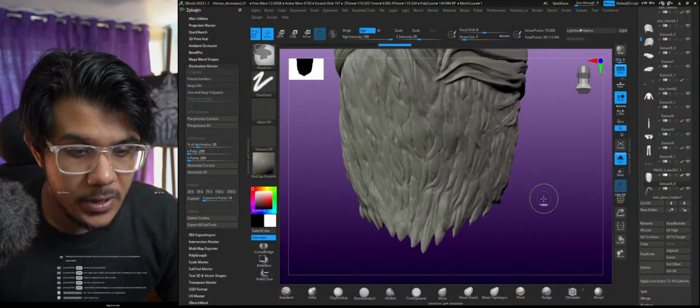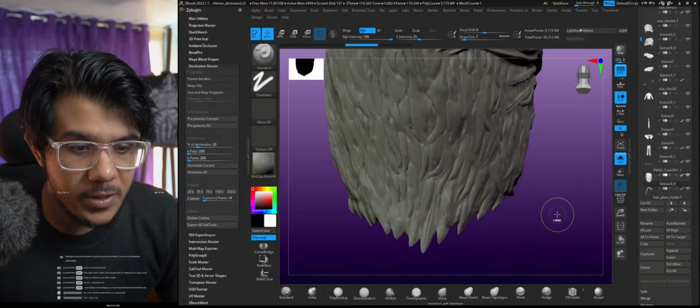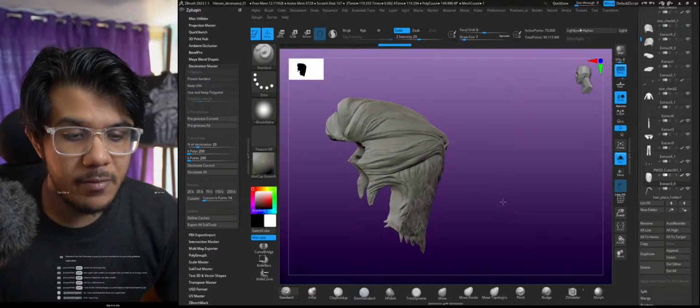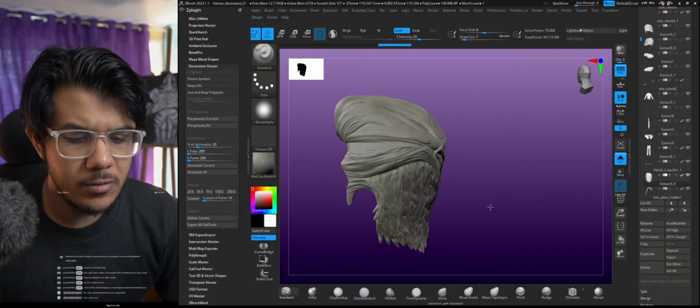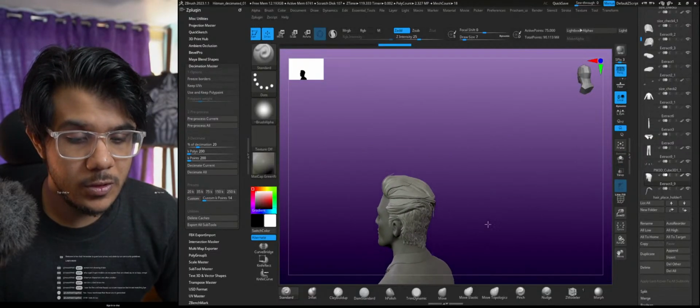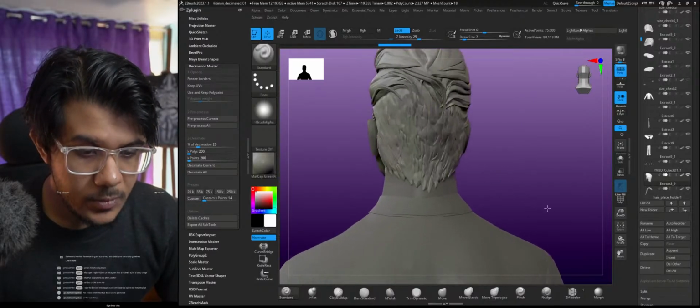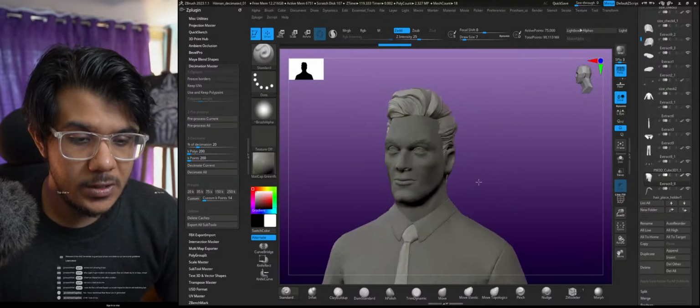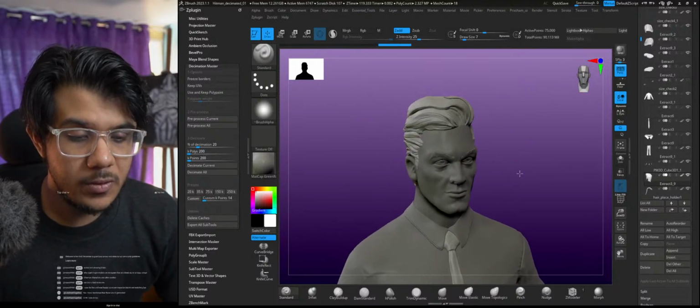So let me undo it and check if I have preserved the details. Yes, I have preserved enough details for that, and I'm happy with it. I'm happy how it turned out to be. Let me get out of the solo mode. So the hair is perfectly fine. Now one thing I will do is